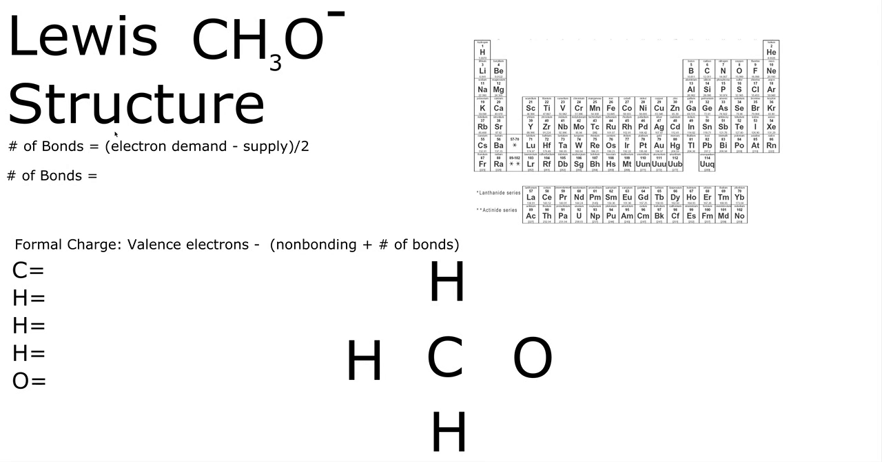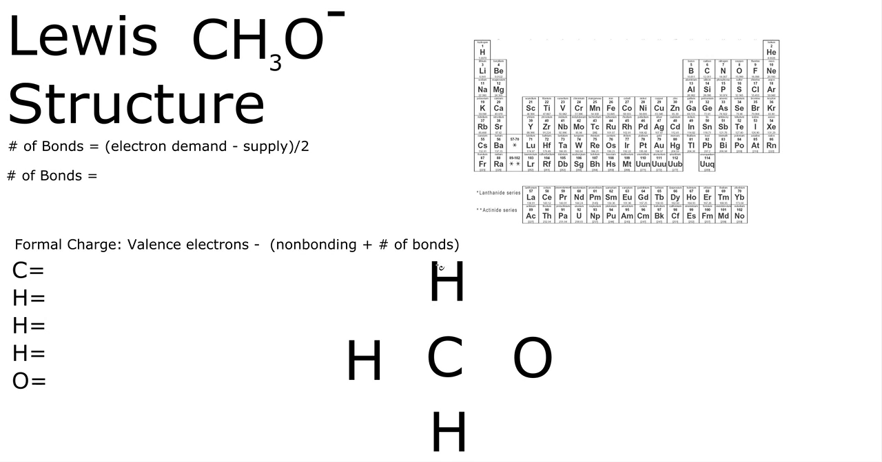Okay, we are going to be constructing the Lewis structure CH3O-. First off, this equation right here, number of bonds, is going to let us know how many bonds this molecule should contain. The electron demand is how many electrons each atom would like to have to fill its